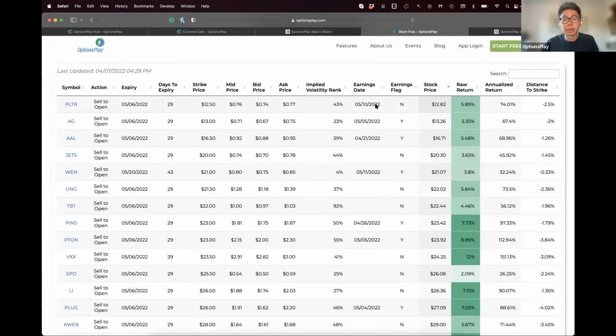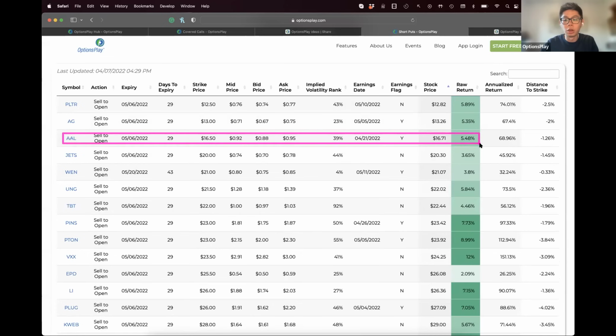So for example, if we're looking at the short put report, you can see American Airlines. I picked this because it's a low price stock. It's a $16 stock, so to sell one contract, you only need $1,600. So even some of the smaller portfolios can utilize this strategy using our report by sorting it based on the stock price. And as you can see, that's how I found American Airlines. It's one of the better yielding opportunities in this market that generates still almost a 5.5% yield in just 30 days, but allows me to potentially capture a stock that perhaps you think is at a buying opportunity here,